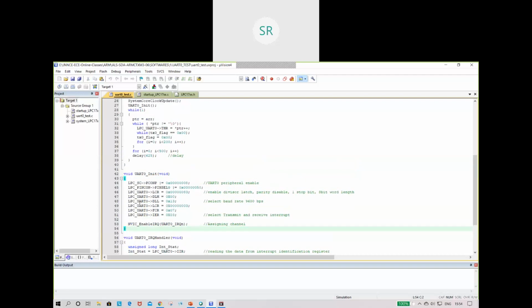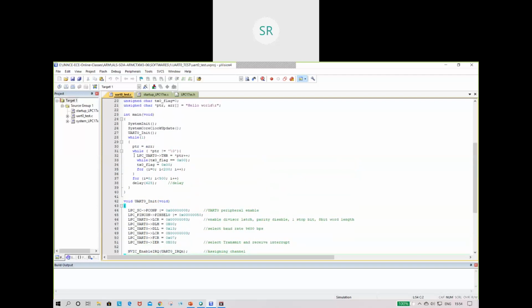After enabling the interrupts, you pass the data present in the array, which is pointed to by the pointer, and if the pointer is not null, we store the data in the transmitter buffer register. Then we check the transmitter flag. If the transmitter flag is 0, we transmit letter by letter with some delay. That is the delay here.